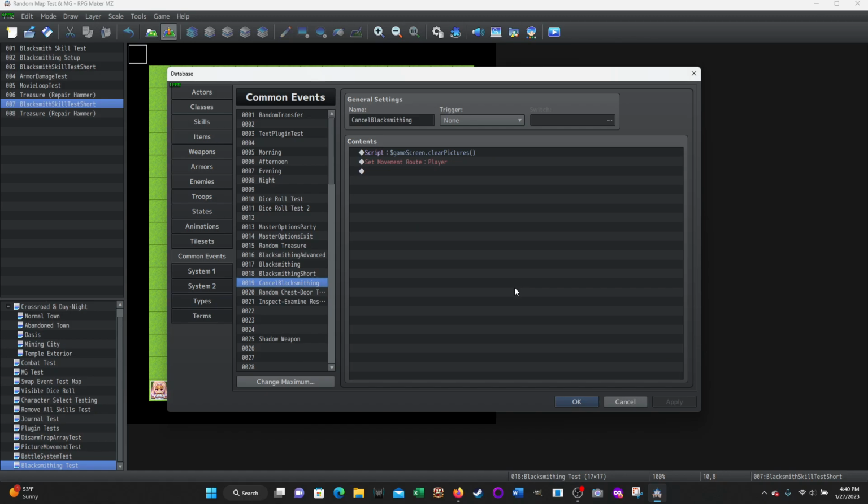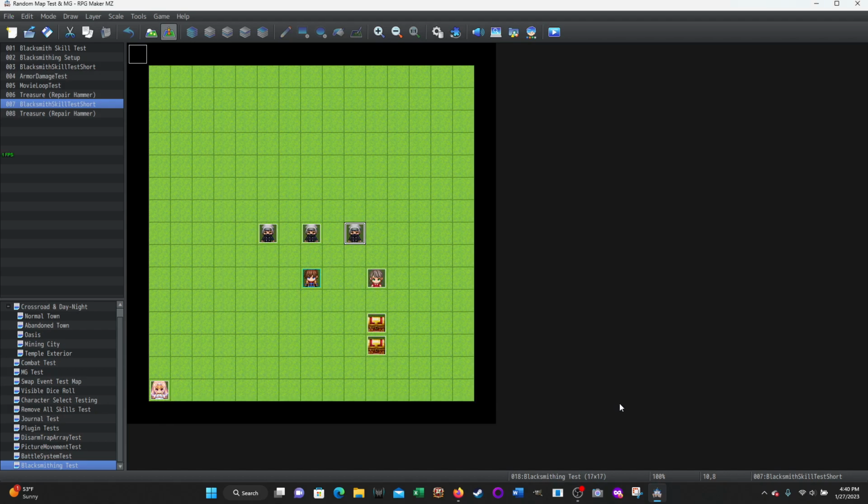If the player clicks that cancel button, it goes to this common event, which simply uses the script to clear all the pictures and then sets the player free. And then it exits. So you're back on the map with no pictures and you can move around. So that's all that common event is doing. And that's pretty much it for this